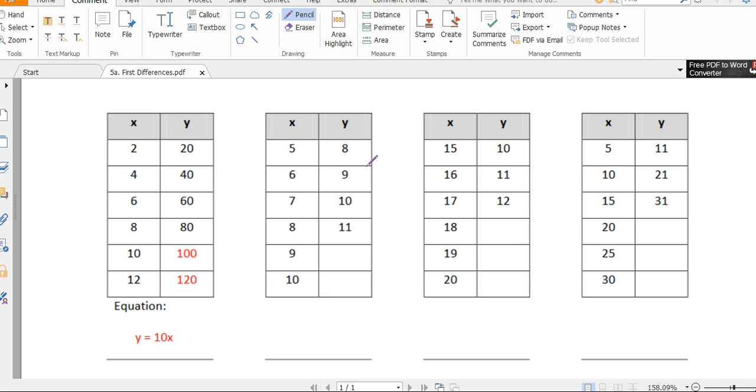So to come up with the equation, here, let me try this. Let's see if this makes it easier for you. To come up with the equation, I know I'm going to have y equals some slope times x plus some number, right? So I need to have some slope, and then this is where I start. So to find the slope,